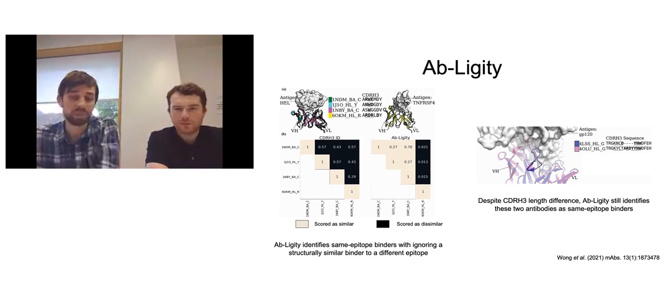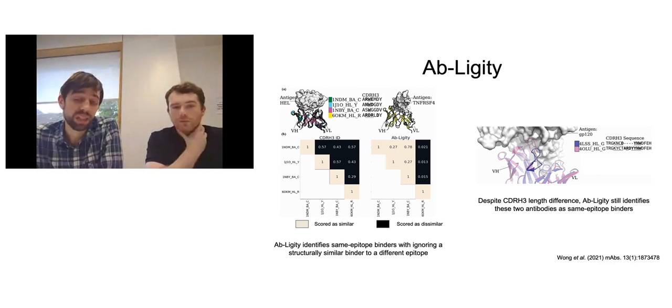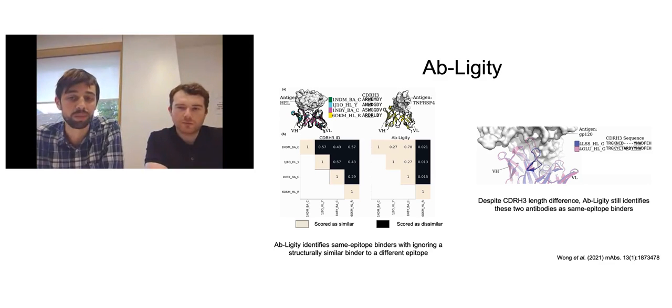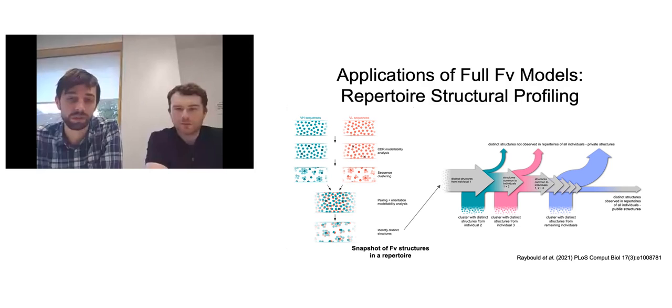So we can take even bigger jumps in genetic space, in paratope space, to spot the functional commonalities between antibodies. And this allows us to play around with the idea that we don't even necessarily need the same length of CDRH3 sequence. So long as it's the same structural positions, we can have antibodies with different CDR lengths that might bind to the same site. And here are antibodies where the H3 can adopt 2 different shapes and bind to the same target. ABlgity was able to see beyond the fact that these antibodies have different H3 loops and see there's enough similarity here that they're likely to bind to the same site, which is really cool.